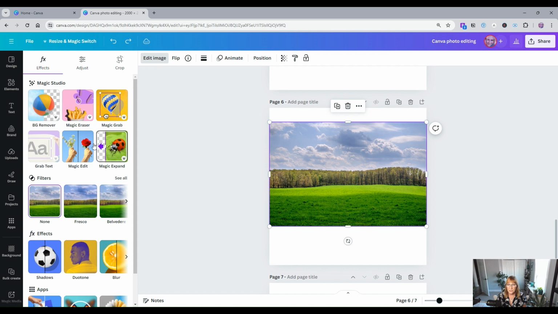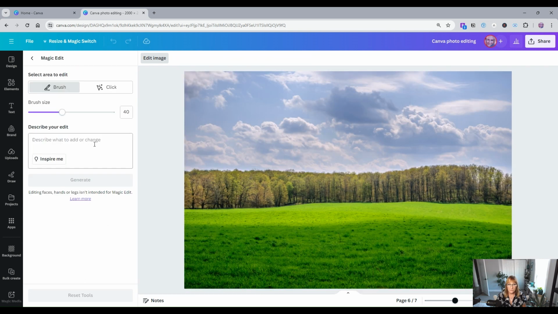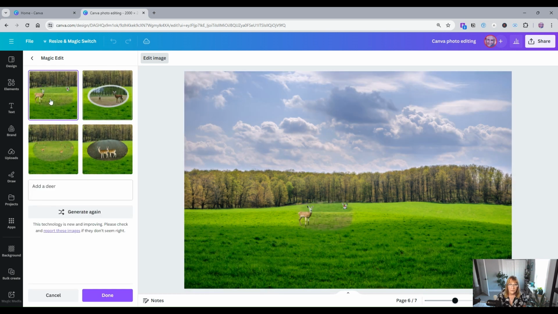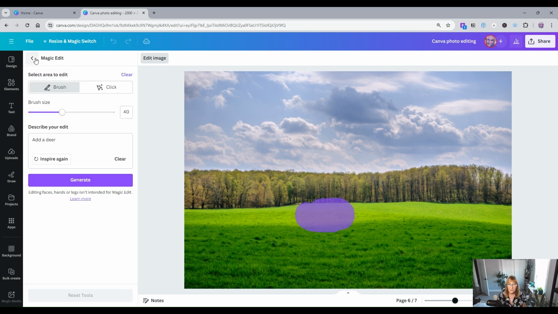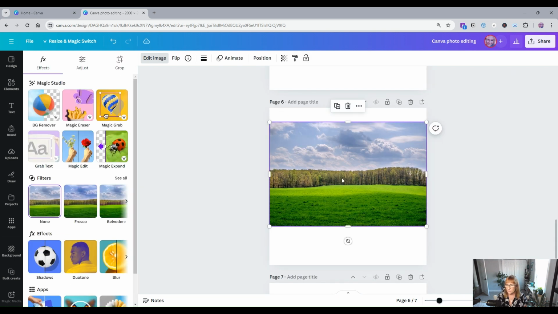So you can go back into Magic Edit, and you can even tell it to inspire me, make it brighter, make it blue, add a deer. Let's try add a deer. So we'll select the area and we'll hit generate. And these, I'm just not feeling any of these. This is probably the closest, but I really don't like any of them. So we can hit cancel, we can get out of here, and we can start over,